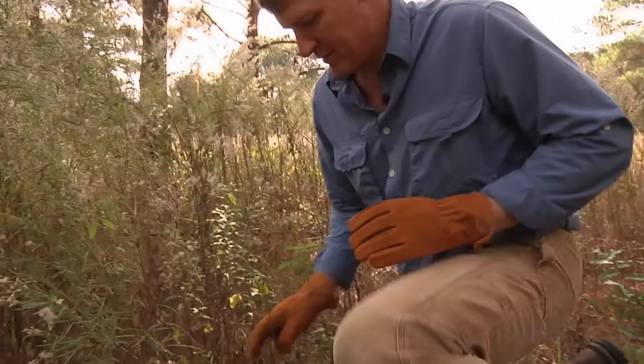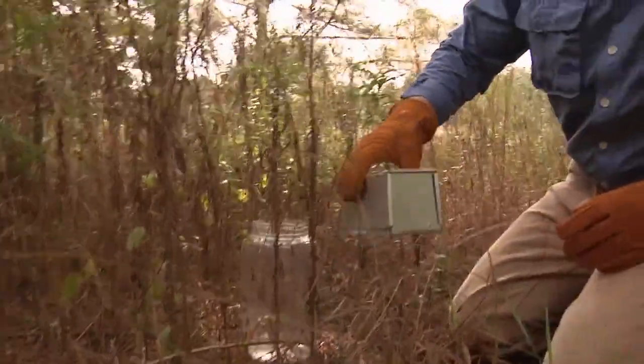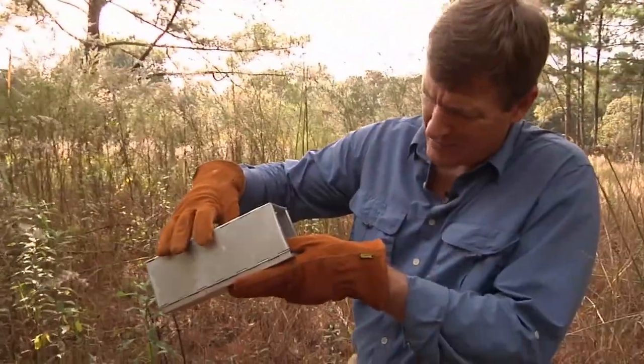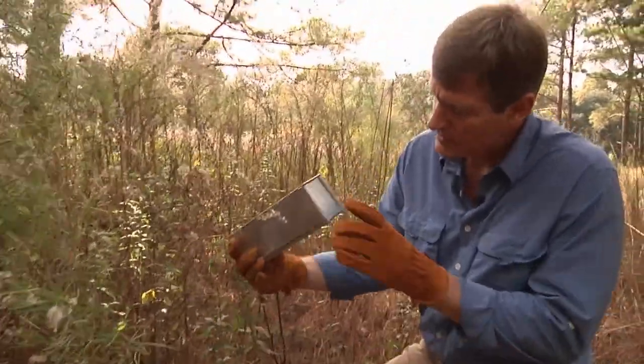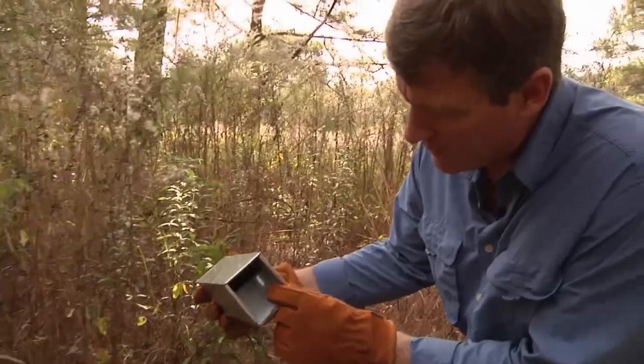Another closed trap here. It's a good sign. This one's pretty light, but I'm gonna have to see if there's something in this one too. Something small. So I'm going to see if I can shake him into the...